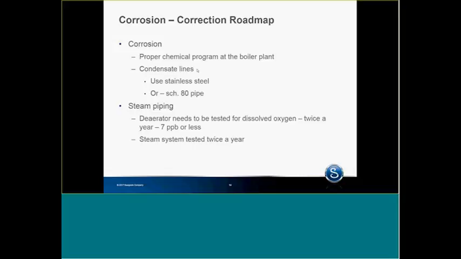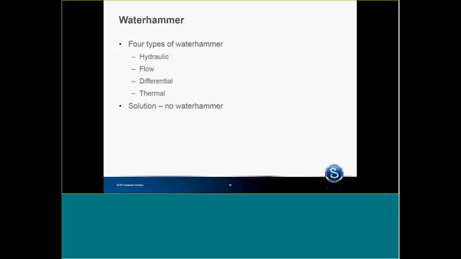And people ask me, the deaerator's in operation, how do we get air into the system? Startup procedures. People do not vent air from the steam lines at startup, and then do not vent air very well from the process, and we get air entrainment. So those are some of the things that you can do for your correction roadmap.